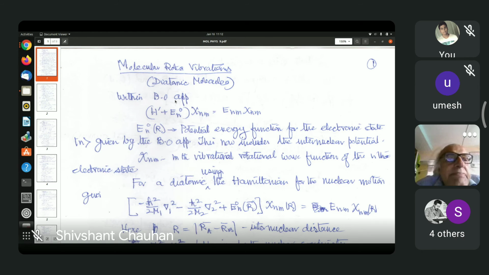So that gives you N, maybe N equal to 1, 2, 3 for these states. And why M? Because we're solving another Schrödinger equation